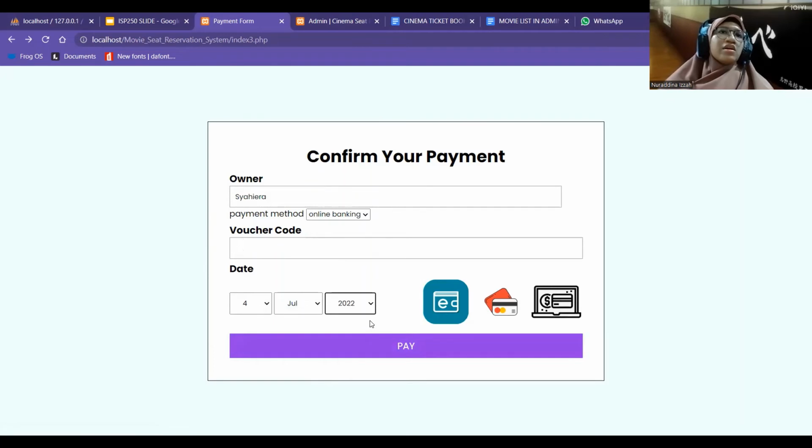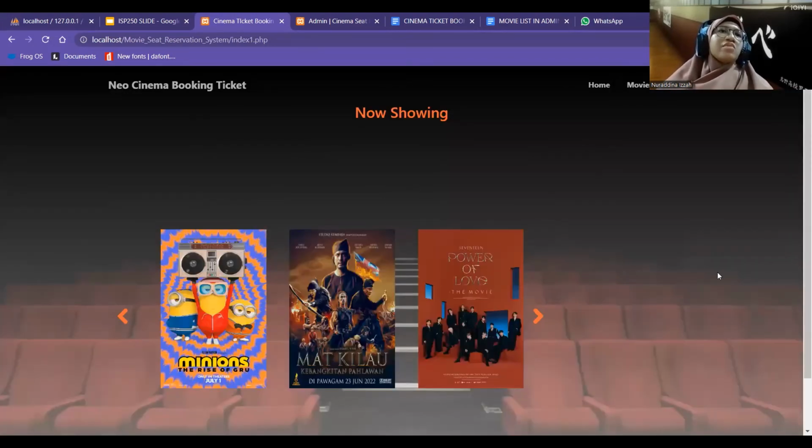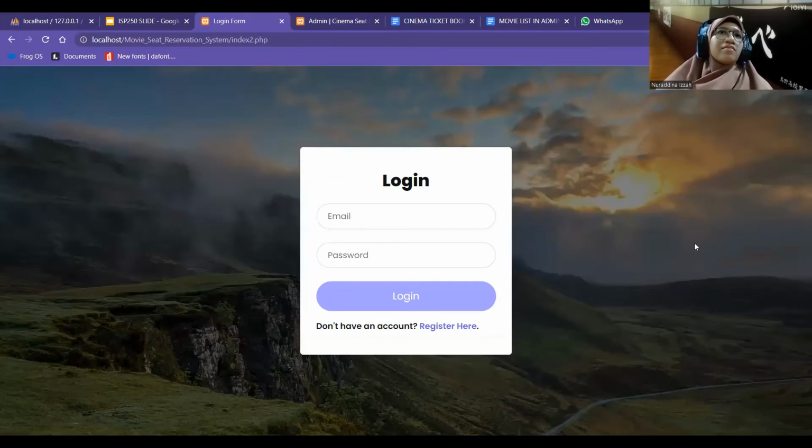To continue, they need to press the pay button, and it will bring them to this page. So if the user has finished with their booking, they can log out. I will pass to the order.